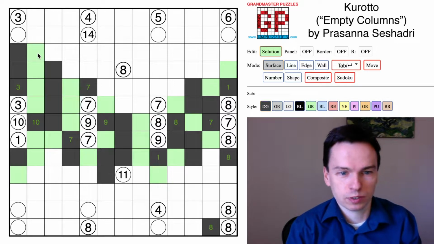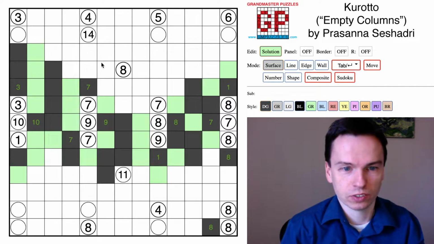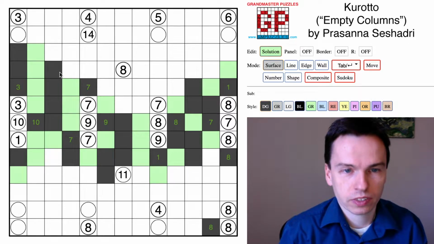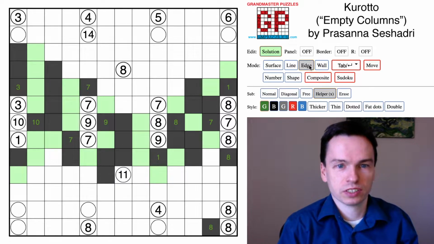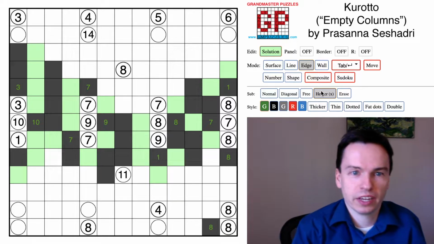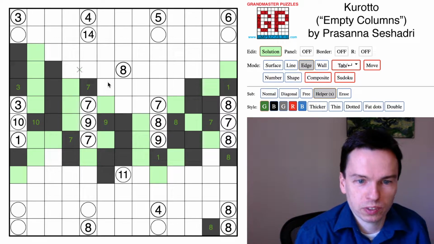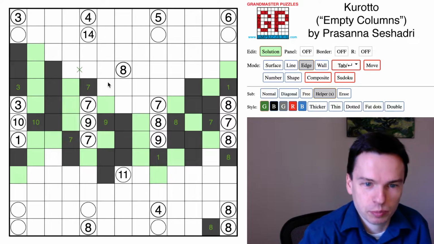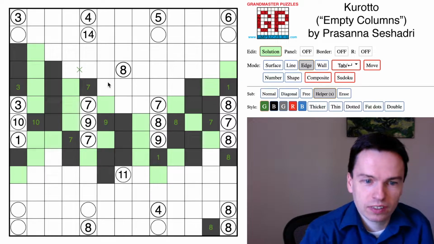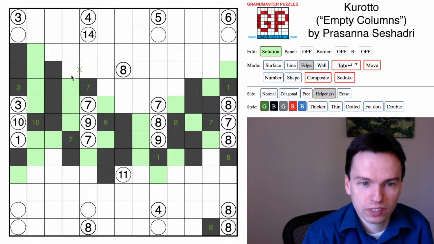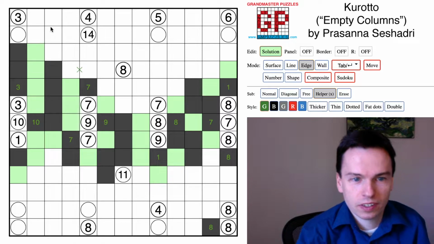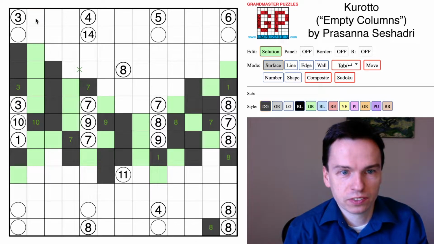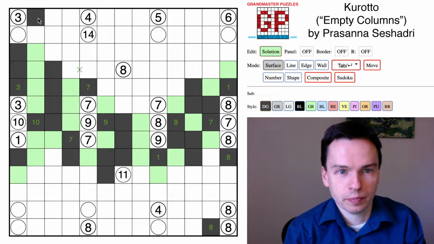And the 3 is pretty easy to pack. The 7 is a little trickier, but one thing I see, and here's another notation that is useful on paper, edge helper X lets me mark borders between cells like this, and these will just be a marking I'll use to say that the shaded groups can't cross both of these cells. In this case, the 10 group that's coming up can take the left cell, but it couldn't take further to the right. There's actually a case where with this cell being shaded as part of the 3, one of the